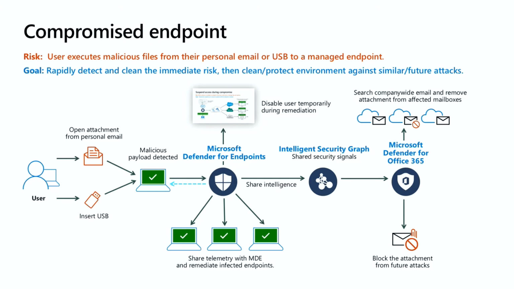It'll kick off that automatic remediation, get that user back in good health, good standing, re-enable their access, but it's also going to look at the endpoints across your entire environment and make sure that all of those receive that same remediation if that threat existed elsewhere in your environment. On the other side, it'll share those intelligence signals. So you have a payload that came from a USB key that has been shared to your email infrastructure, and now that is protecting future attachments from coming in with that same payload, as well as looking at other cloud storage locations where that payload may already exist and making sure that it is remediated and protected.